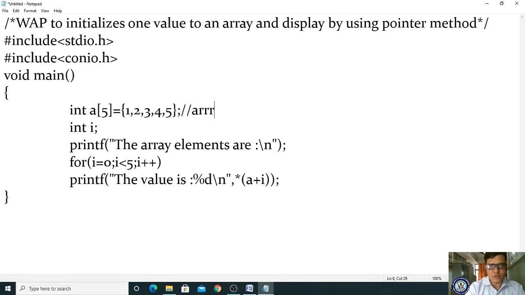Please observe here, array initialization, right?